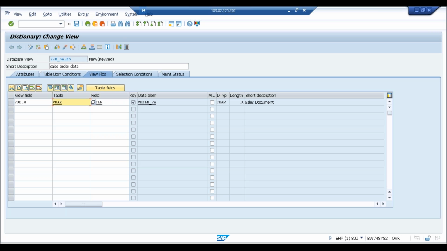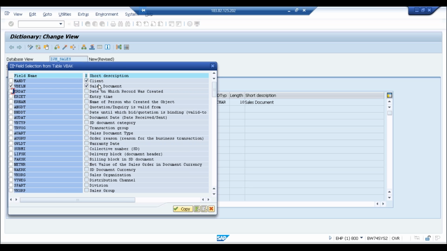But the best and easiest way of getting the field names is using this table fields. You can just click on this table fields, and in the table fields, we have to select what are the fields that we want. We can select these field names here.